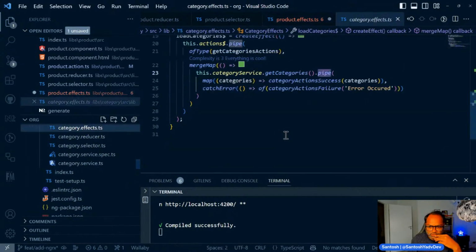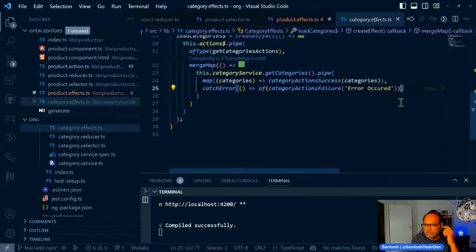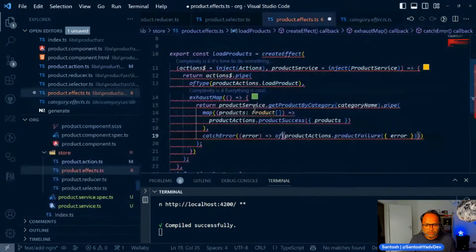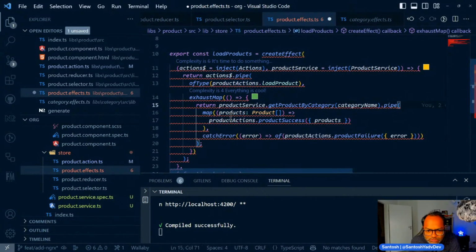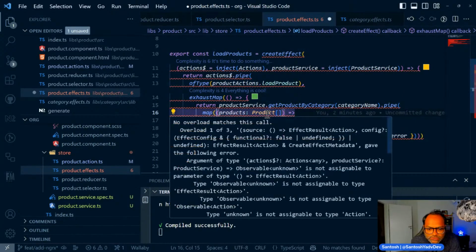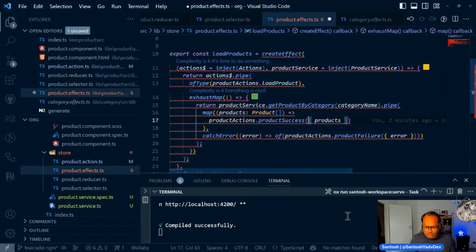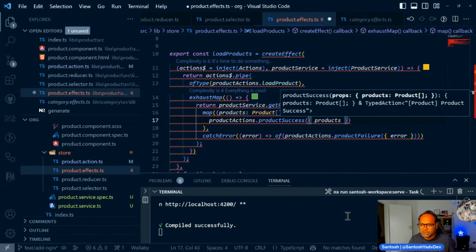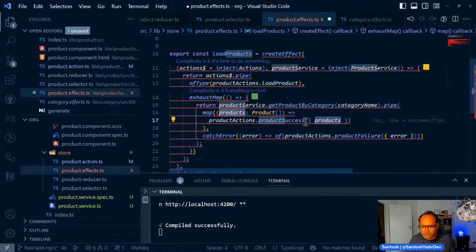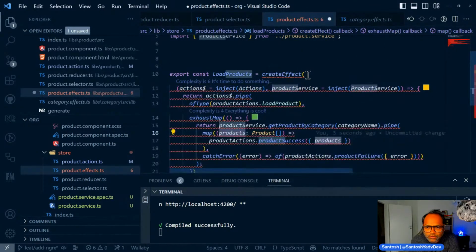So effect of category action failure, and this is okay. Yeah, so this is the same syntax. I mean, I don't see any difference here. So action product success, and this was also the same. Products, and then I'm passing the product tag. Catch error. Okay,